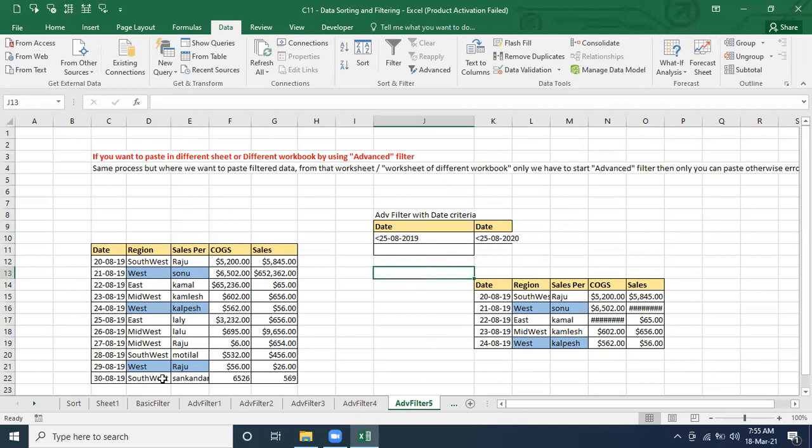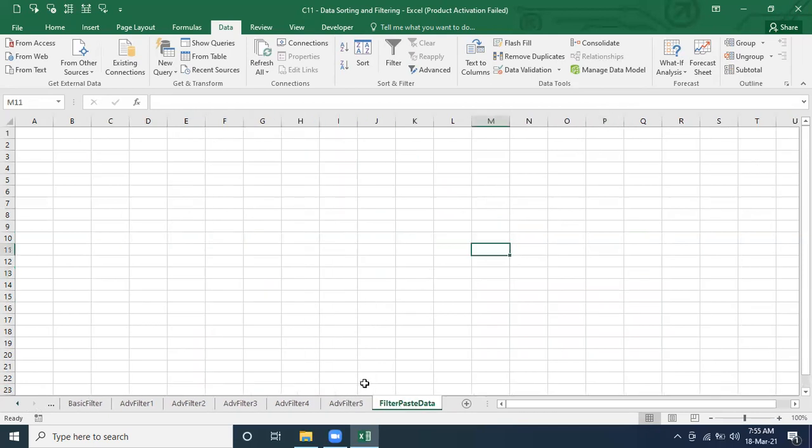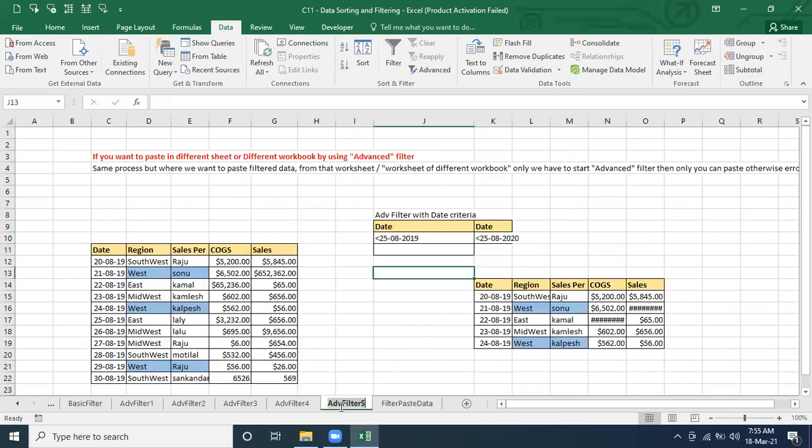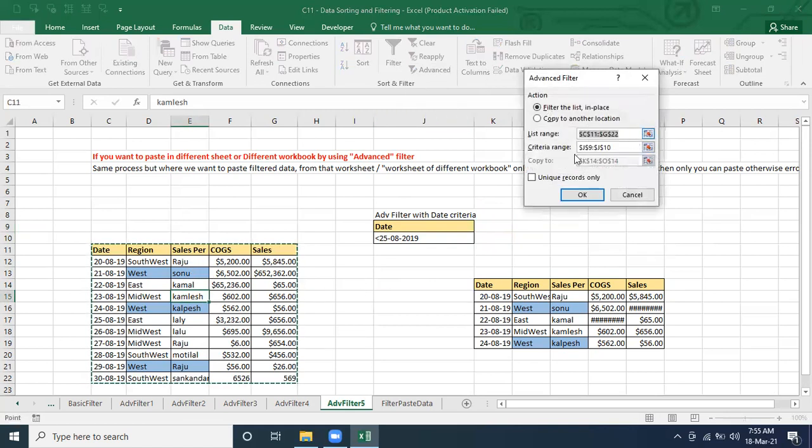Okay, so I'm done here for the advanced filter and all. And one more thing here. The thing is, let's say you want to do the filter, and your boss is telling you, no, I want this record not in this place, I want it in a different sheet. You have to prepare it in a different sheet. So how are you going to do that? That's very easy. We have to go to the advanced filter, and where is the area? Here only. What is the criteria? This is the criteria, and we have to pick here.